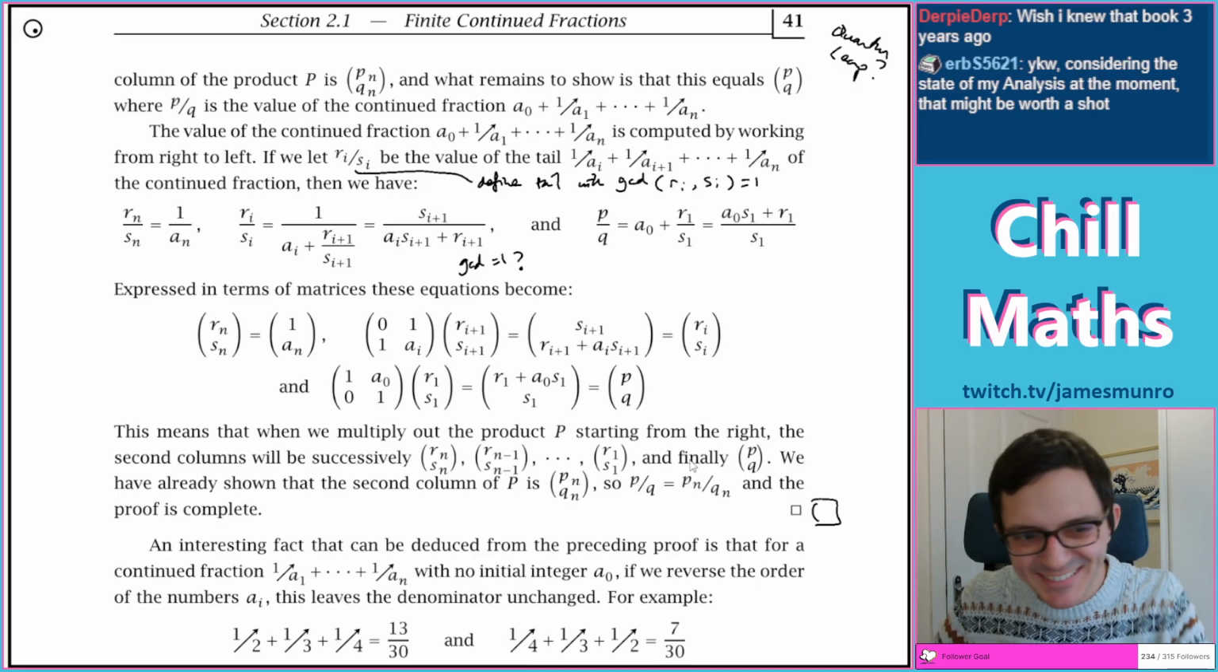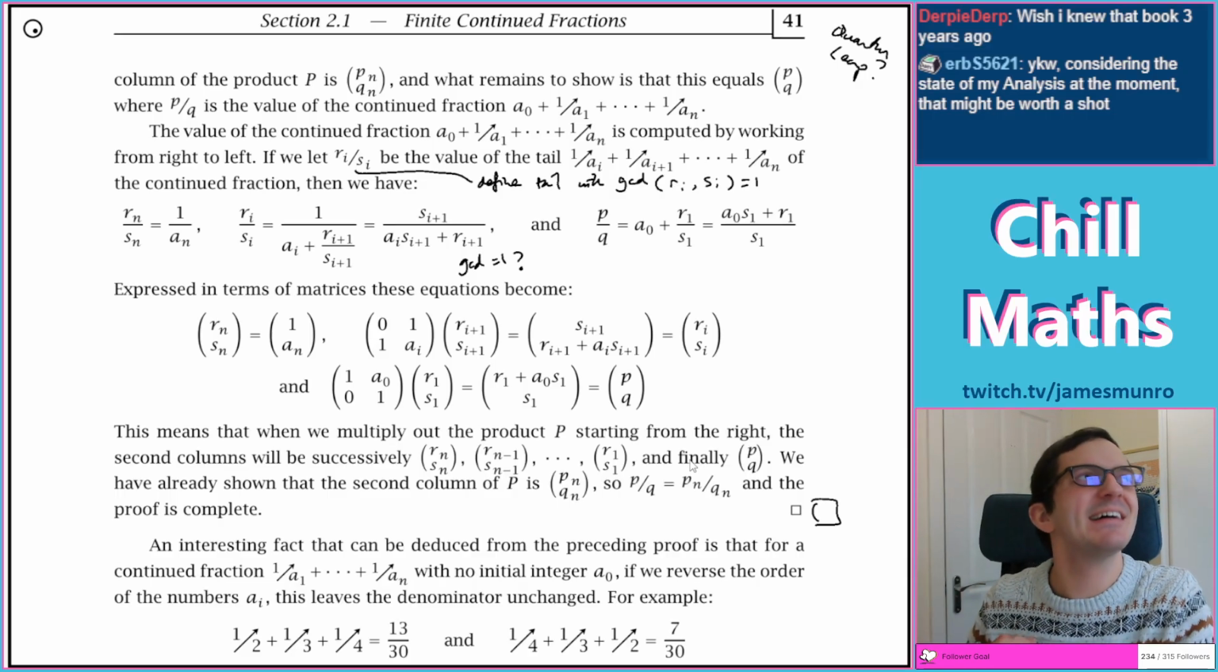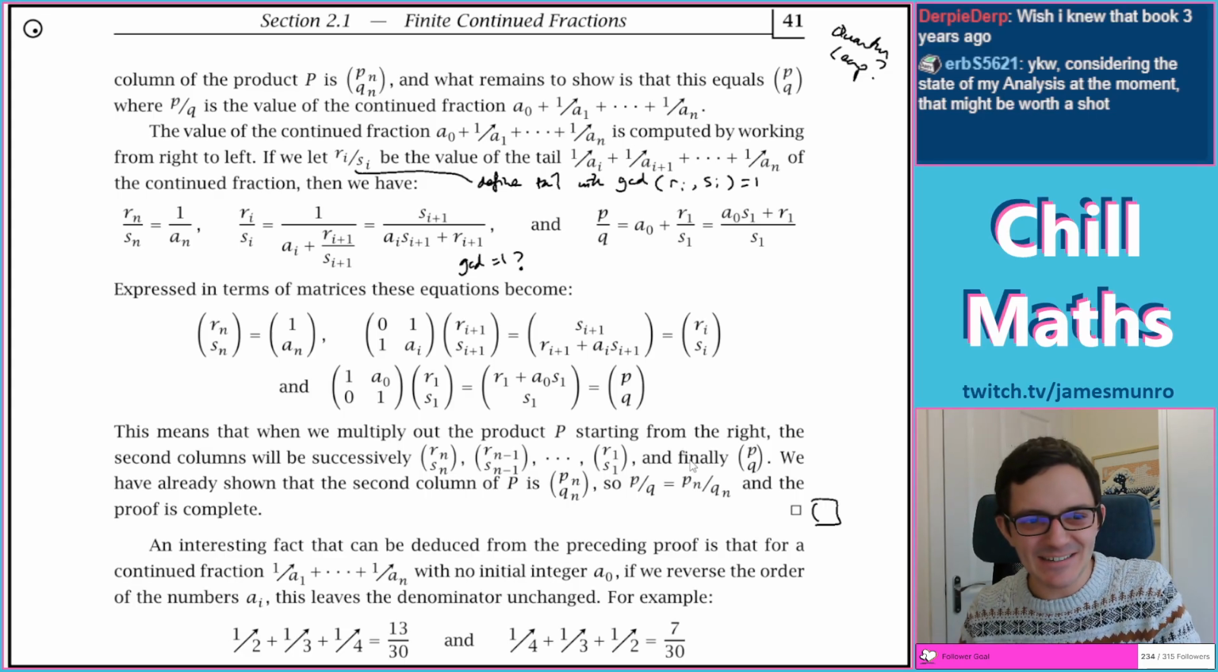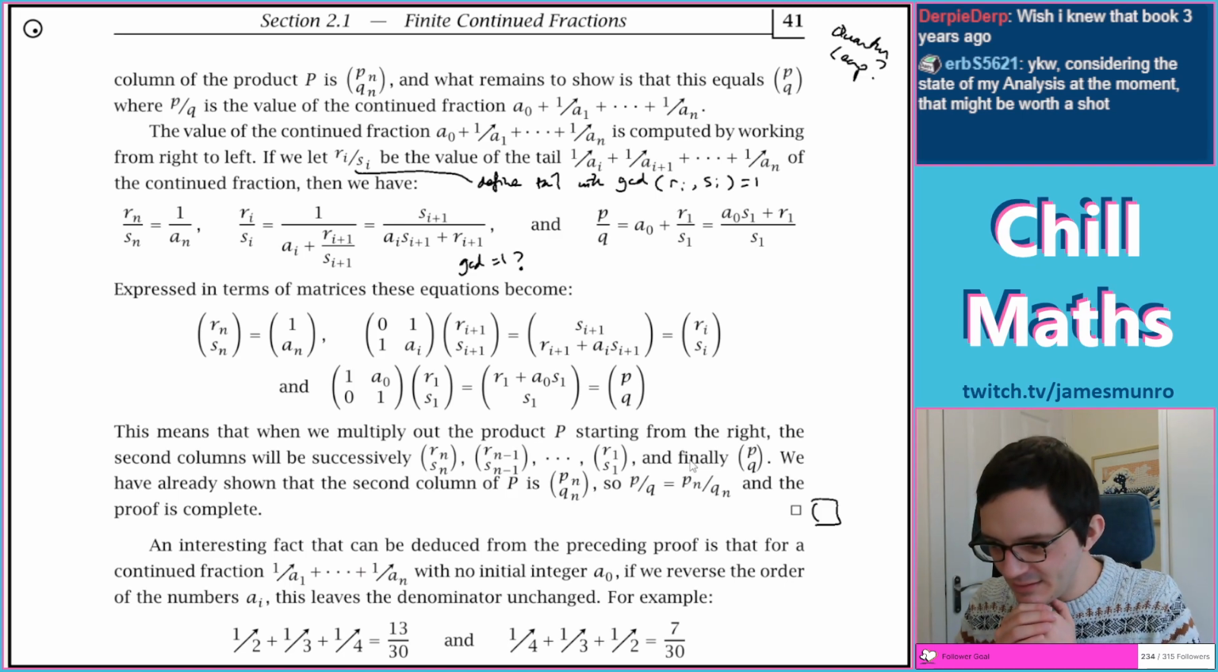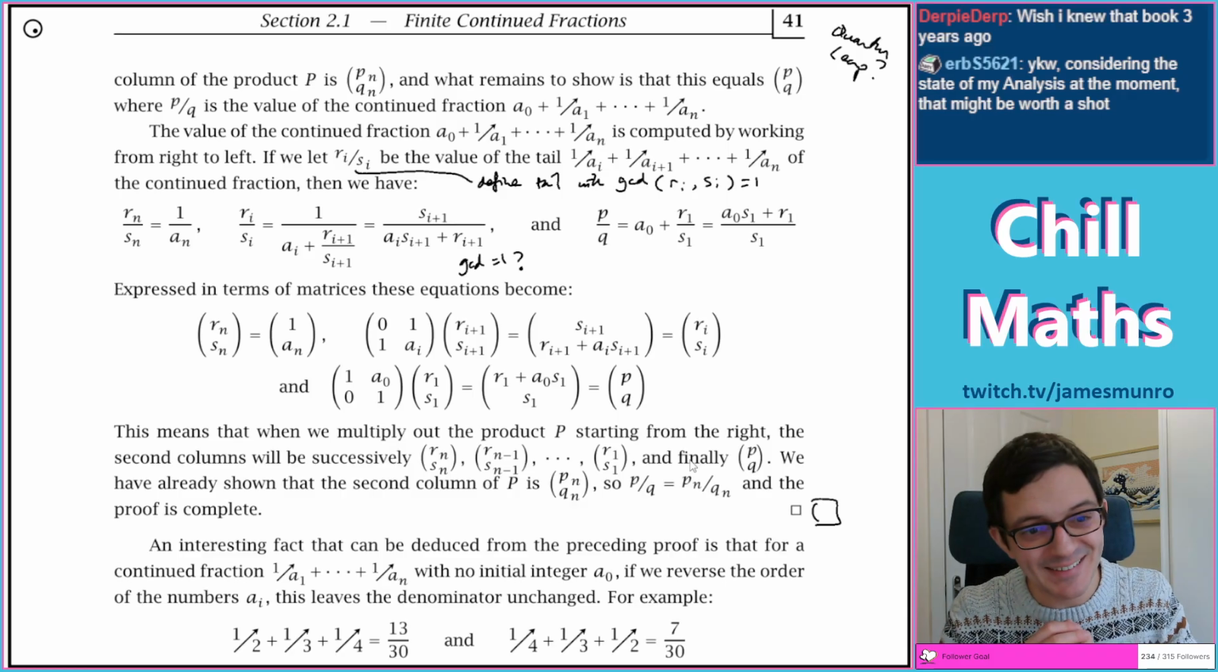Matrices can be used for working out continued fractions, or at least calculating the tails of your continued fractions? I learned that 15 minutes ago. Right. Yeah, it might not be too late. Also,